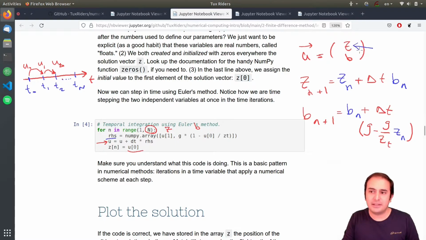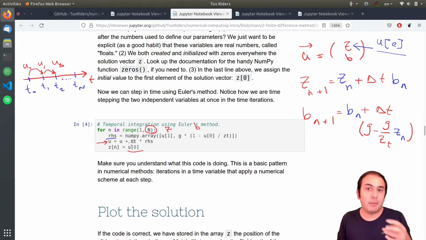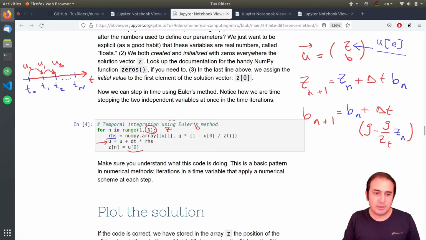This is indeed NumPy. When you say u0, this is a NumPy array, and u0 means the first component. Just make sure to check out the NumPy video if you have some problems with this kind of notation. So we have simply implemented it, and then if you want to plot it,